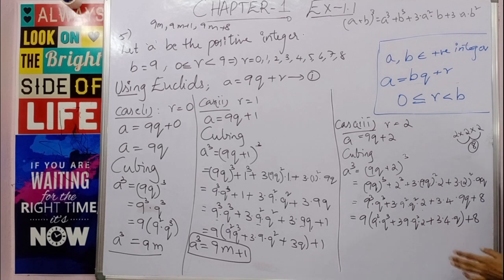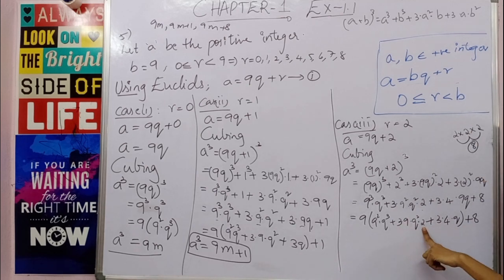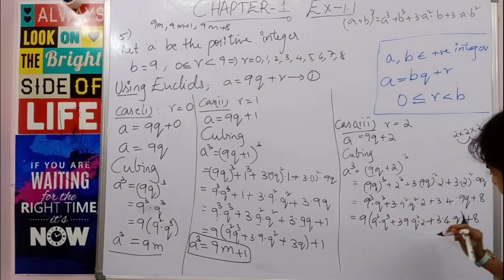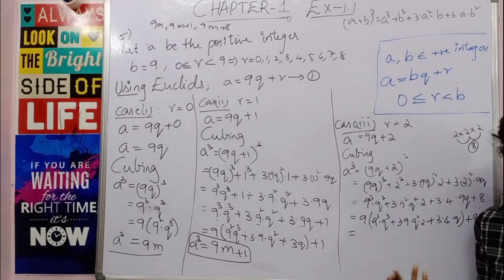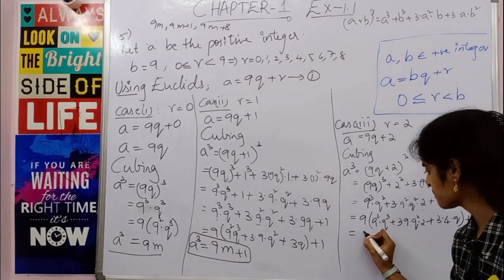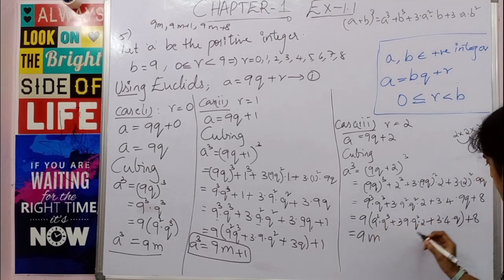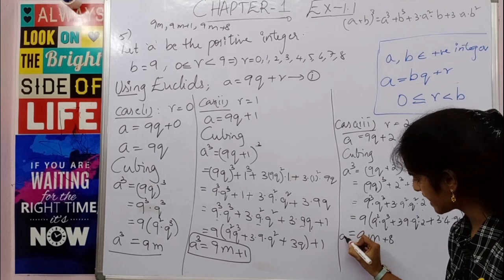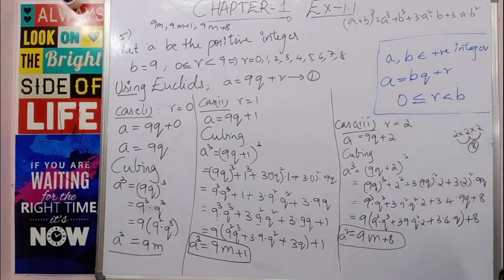I am not solving it. If you want, you can also solve it. 3 9s are 27, 27 into 2 is 54. Here 3 4s are 12. You can solve it, otherwise you can just leave it, because anyway this entire thing you are going to take as m. So my point is, why solve it and waste your time and energy? So 9 and everything in the brackets, you take as m, and you have plus 8. So this is nothing but a cube. So a cube you got as 9m plus 8.